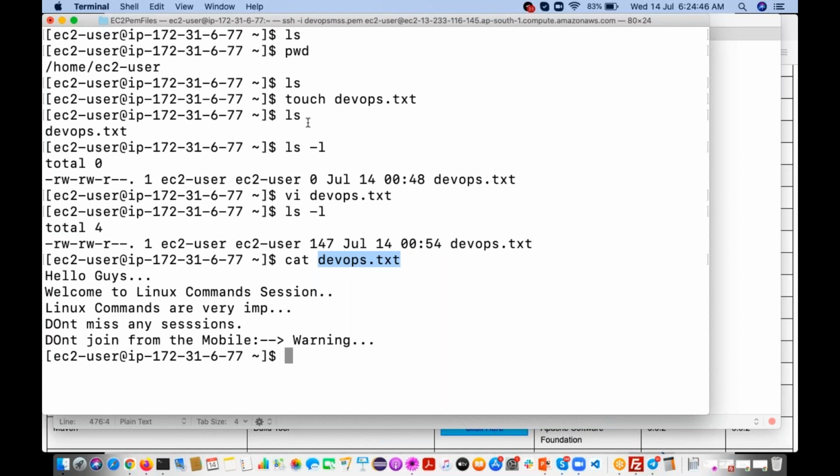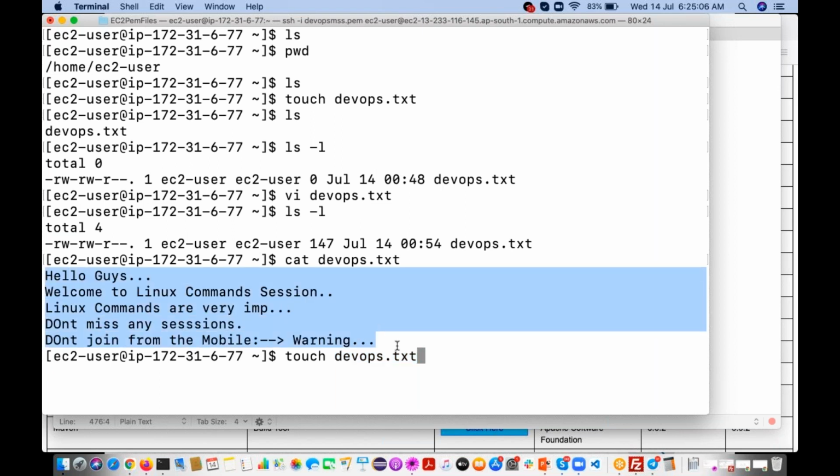So already we know the touch command creates an empty file. Now if I execute the same touch command and give the same file name, what will happen? Is it going to override the existing content?